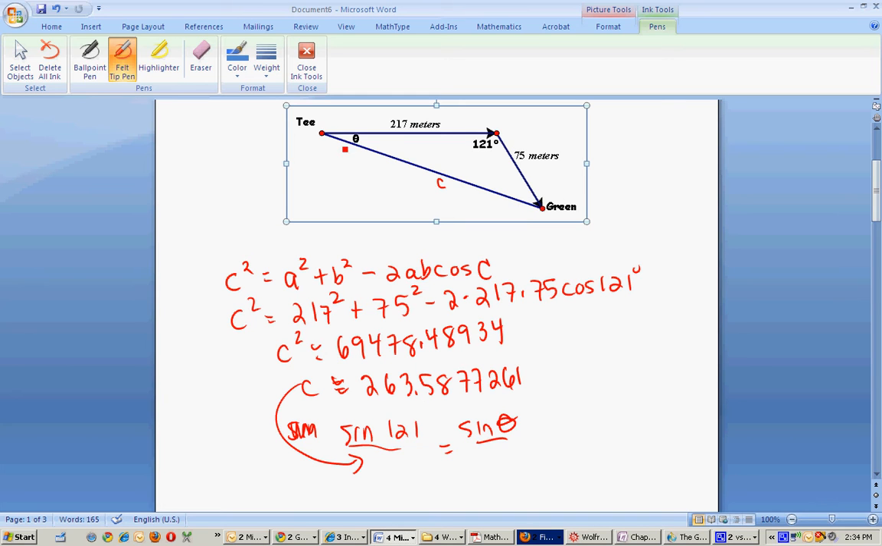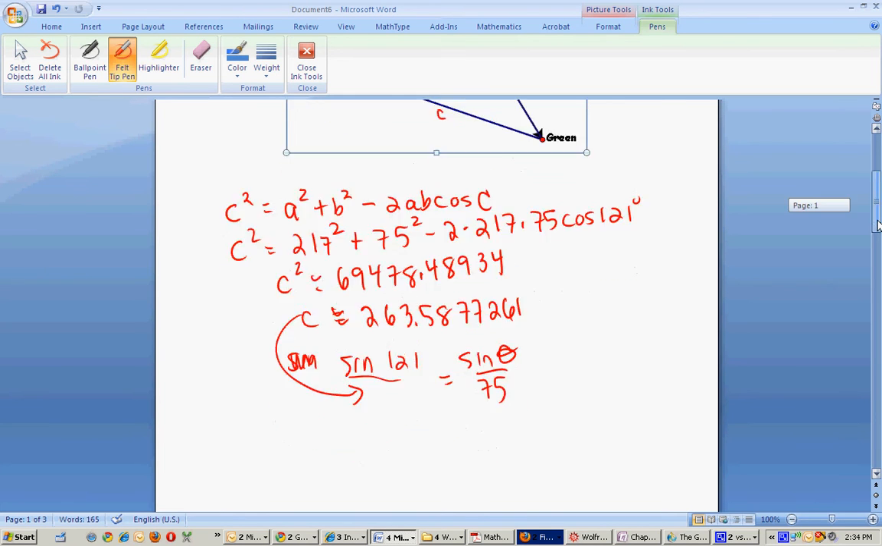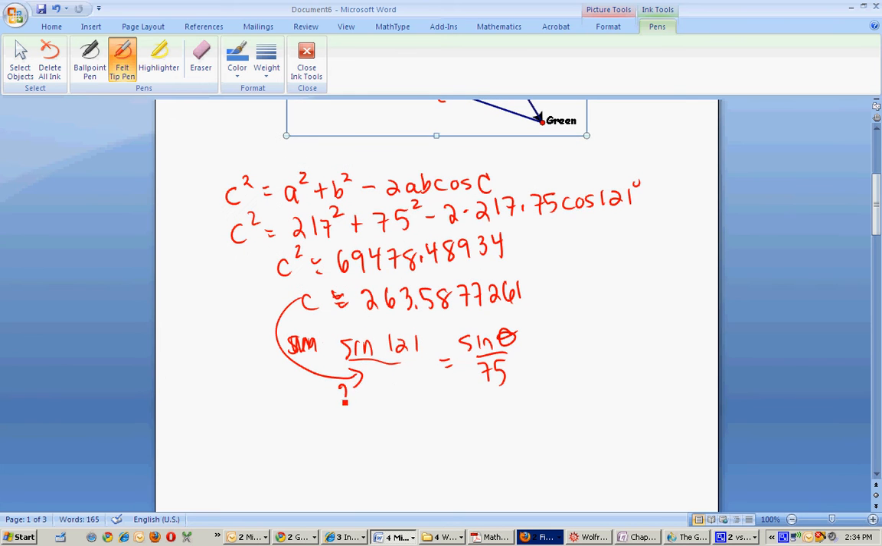over 75, because 75 is across from theta. This number here is this 263.58 and so on. Now, to find theta, first I find the sine of theta, which equals 75 times the sine of 121 divided by, again, this big long number,